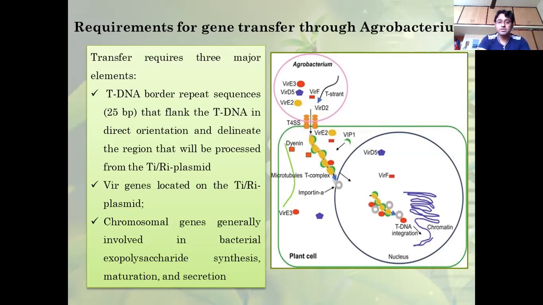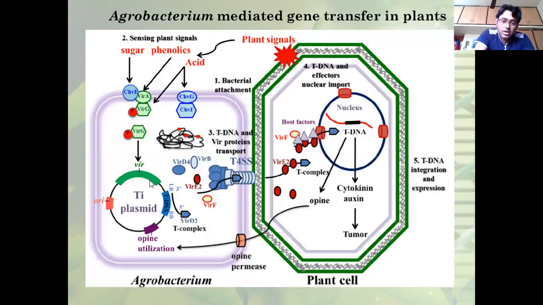So this is the system. Now, in our case, what scientists are doing is they want to incorporate their gene within the T-DNA so that it will be transferred directly to the plant genome. Because gene transfer means I want to introduce my gene or my expression cassette within the plant genome. Not only this, successful integration